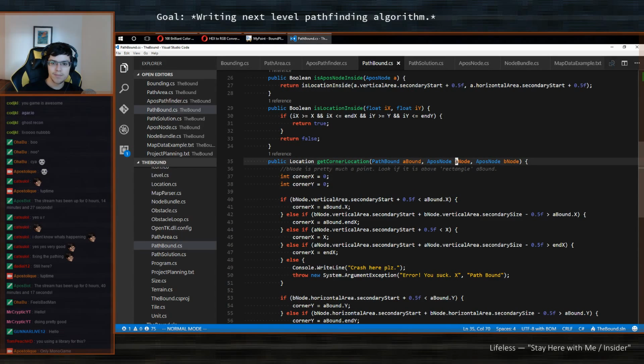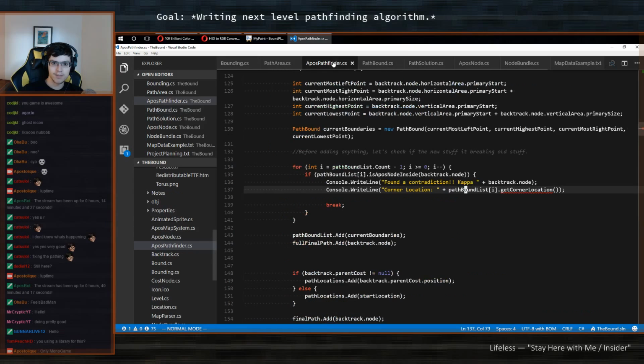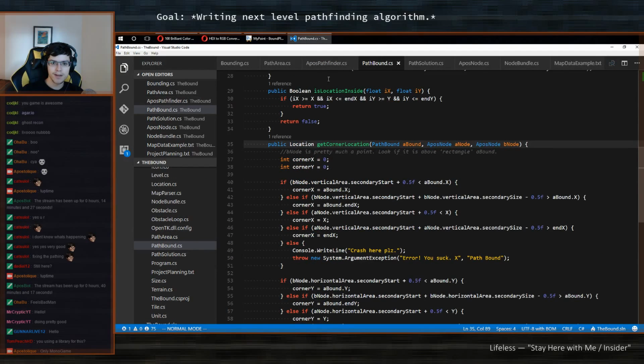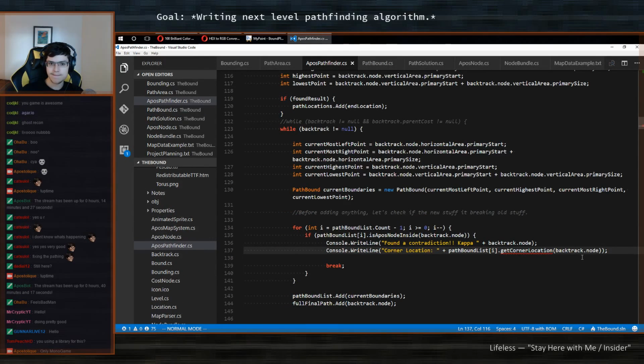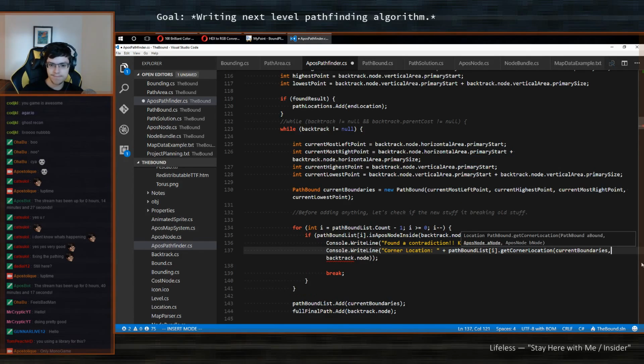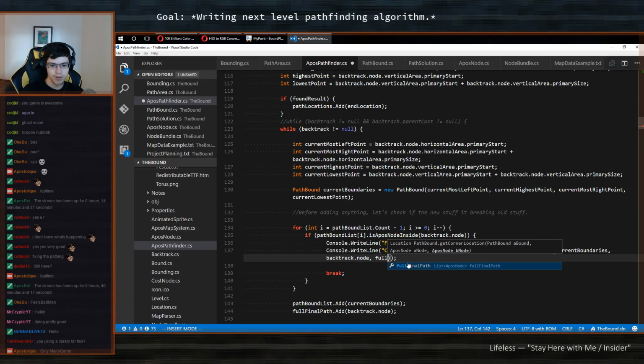So I give you A, and then your friend, I mean yourself, sort of. So I give you the current backtrack node, but the first argument is actually a path bound. Current boundaries. Node, and then I give you full final path